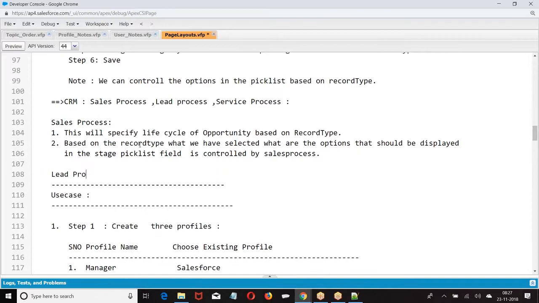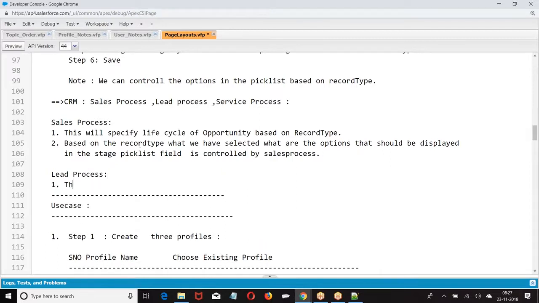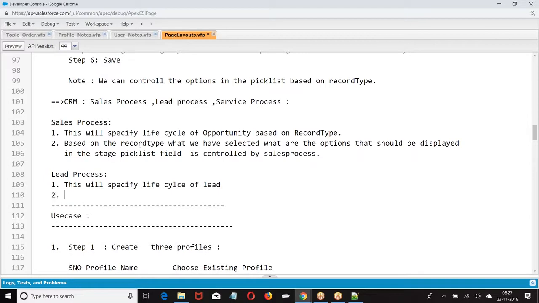In the lead also, we'll see these points down the line. I'm just giving an overview. When I'm discussing CRM terminology, I'll discuss this. This will specify the life cycle of the lead. Which options should be displayed?